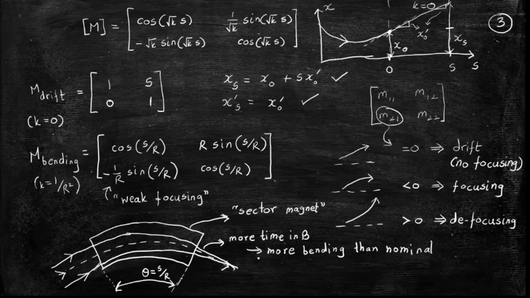And the particle on the other side, I am just writing less comma less. Of course, you know what I mean: less time spent in the magnetic field, less bending than nominal. So three parallel particles which were moving initially will ultimately go and focus at one particular point. This is the origin of the weak focusing in a magnetic field. Is this okay?